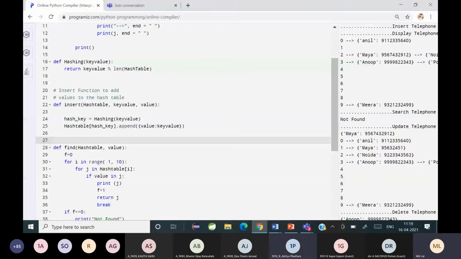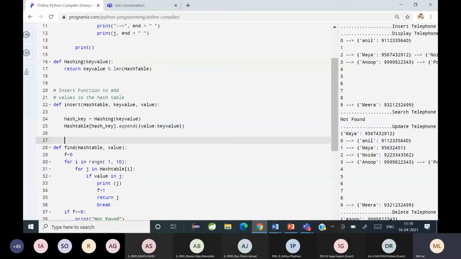Ma'am, the key value is unique, but the value can be same. Yeah. So you are placing the value inside as a key value pair inside the index. Okay. So it's not necessary to place it like this, but what is the problem statement here? It is a telephone directory, and of course in a telephone directory we need the name along with the phone number, because when I'm searching for a phone number I should get it. So for that I'm appending it as a key value pair. Where am I putting it inside? I'm putting it inside the index.